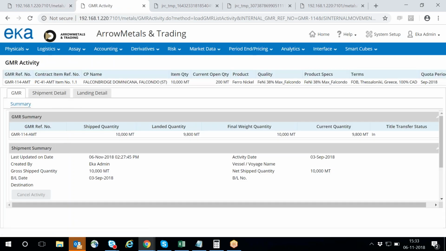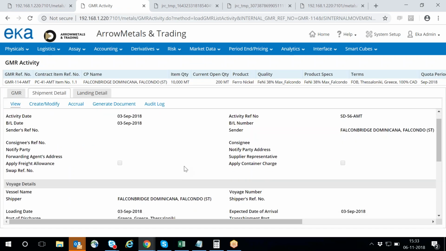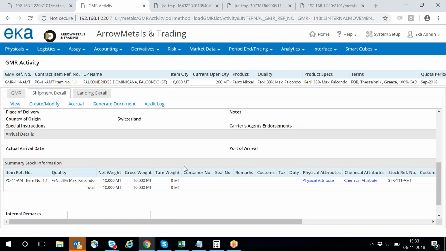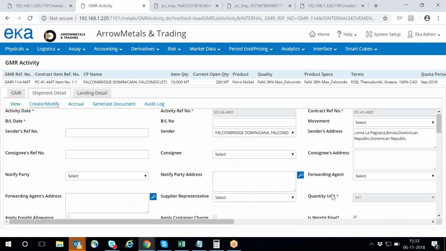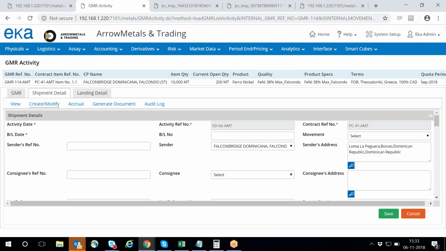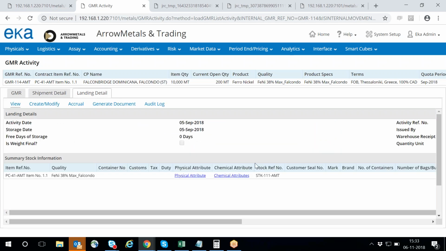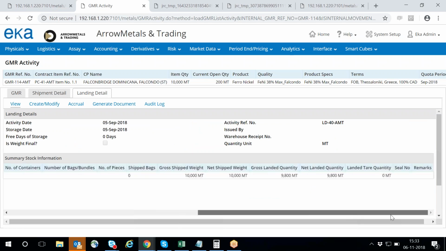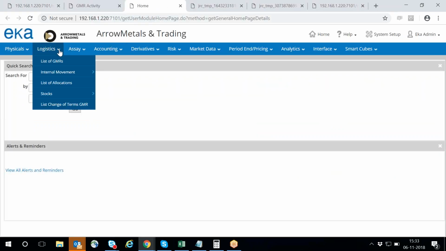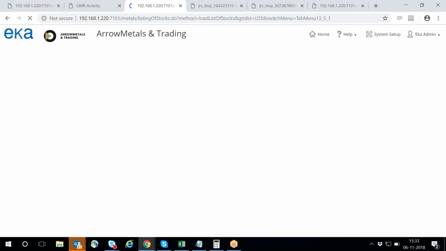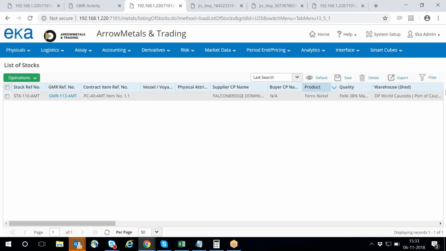Right. For shipment, and I have selected is weight final checkbox here, in the shipment. So I have selected is weight final yes, and during landing I have changed the weights to 9,800. So which means there was a transit loss of 200 metric ton in this case. Okay. Yep. So yes. In that case, now if I check the stock list of stocks, the stock quantity is